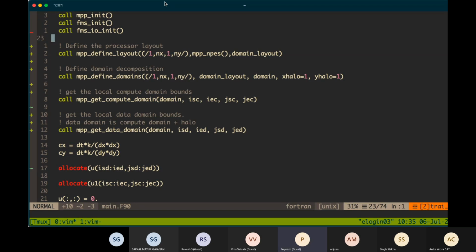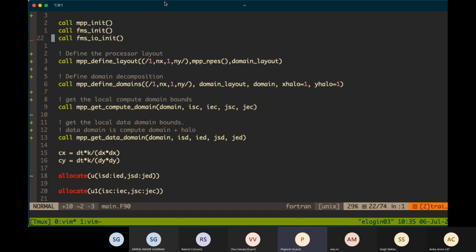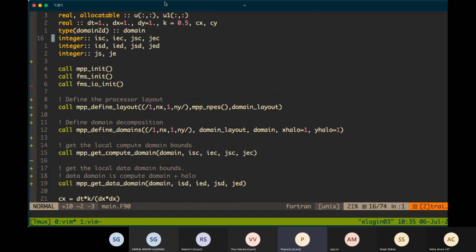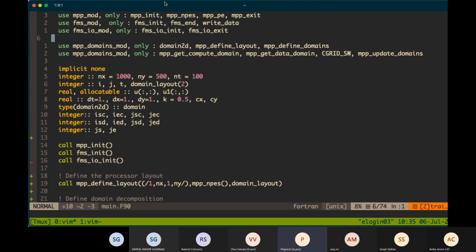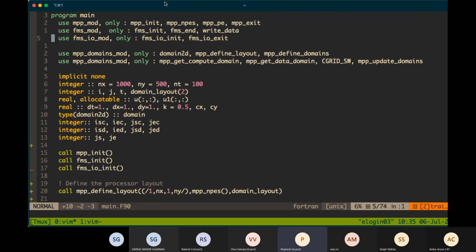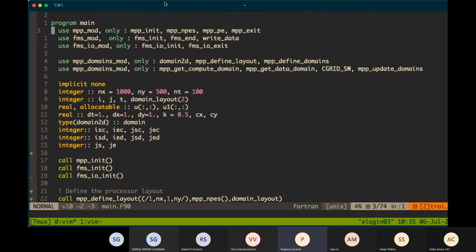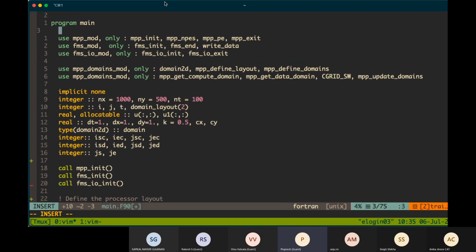I'll do it in the same example which we did in the last session, the heat equation program.